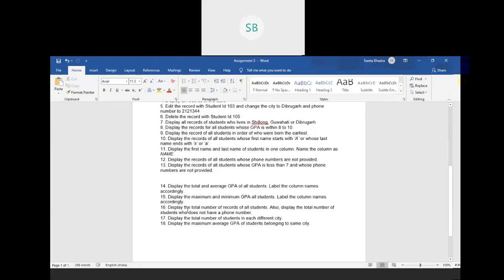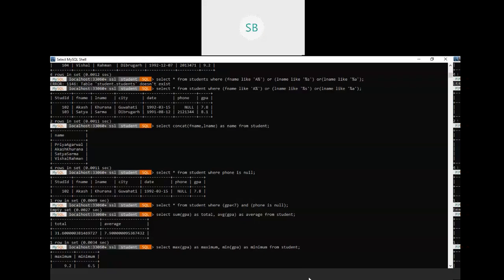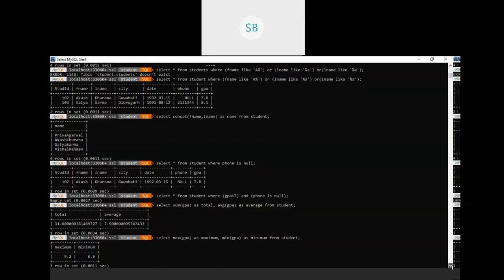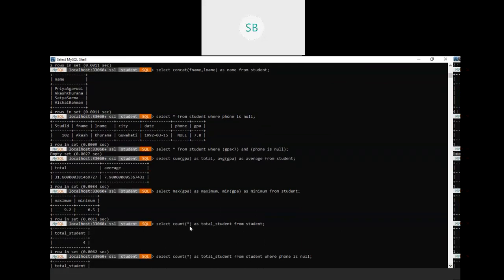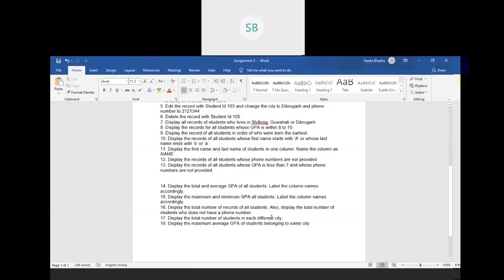So first we find out: display the total number of records of all students. That means we have to use the count function. So select count star as total students from student, so we are counting how many students there are. Next, what is the question?